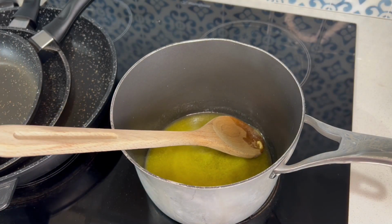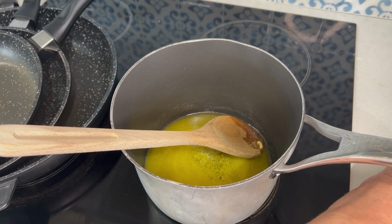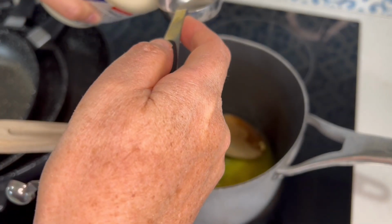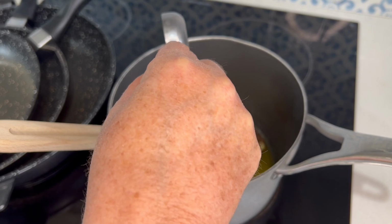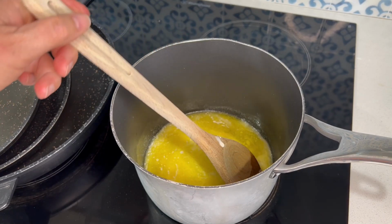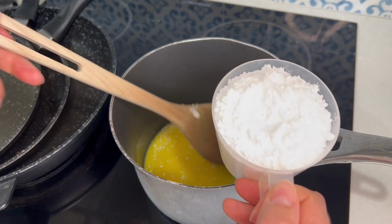60 grams of butter melted there, and then we're going to grab a cream. Just your thickened cream from the supermarket, and I'm just going to put in a tablespoon of cream. Mix it around a little bit. Turn that off, and we're going to add in 1 cup of icing sugar or icing mixture,